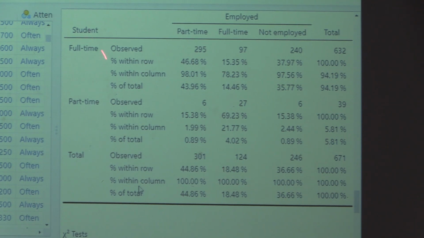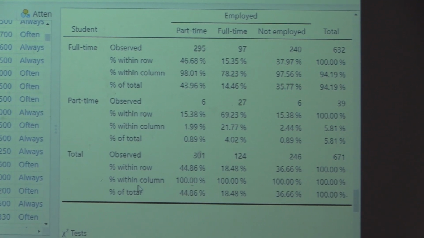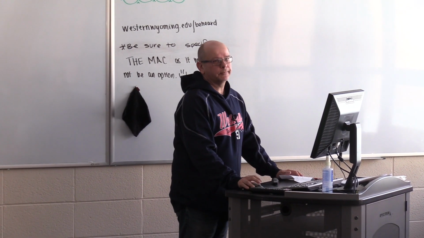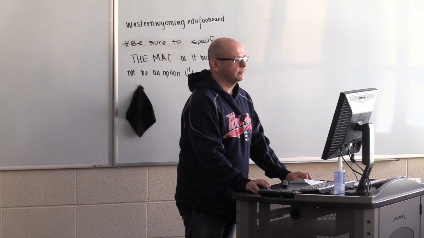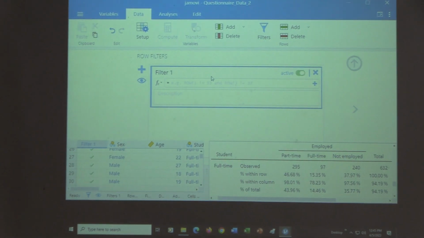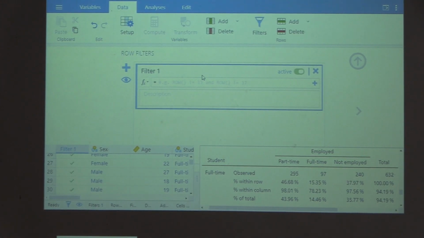So you can use either percentages within row or within column, depending on what you are interested in. Really quick, suppose I want to filter this a little bit because I'm running out of time, unfortunately. Let's click on data and let's click filter here. Suppose we want to do analysis only on students who are full-time students